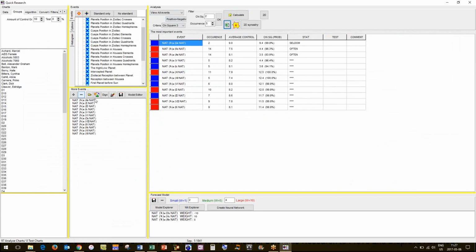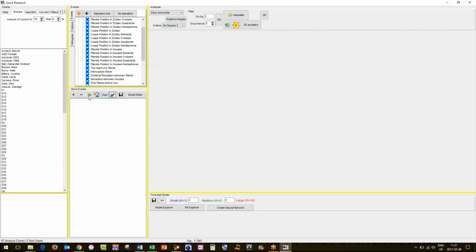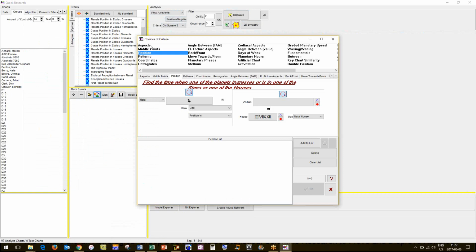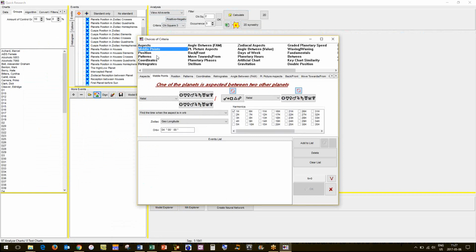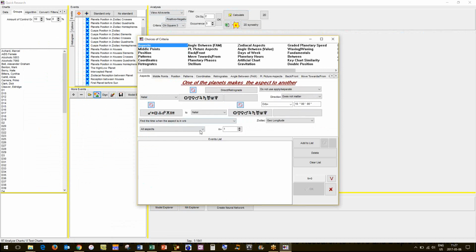All right, so quickly again here, pull this up. We could do aspects. Now, you can even do midpoints if you're into it, and you create your midpoints and the different harmonics if you want to get into that kind of study. So let's look at aspects. Aspects are also important. And again, you can control planets and have other settings. Are they separating? Use separating, use applying, use both. Does it matter?